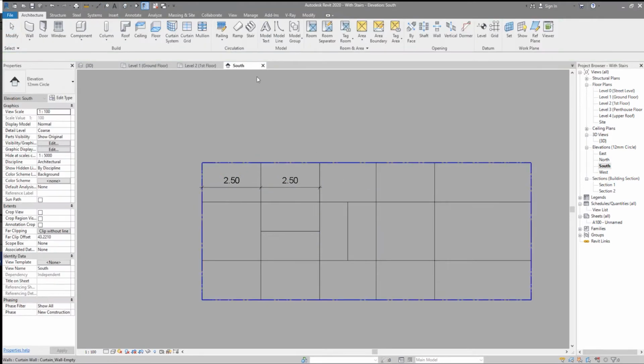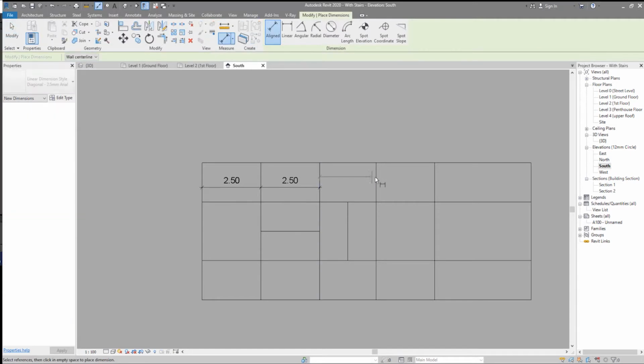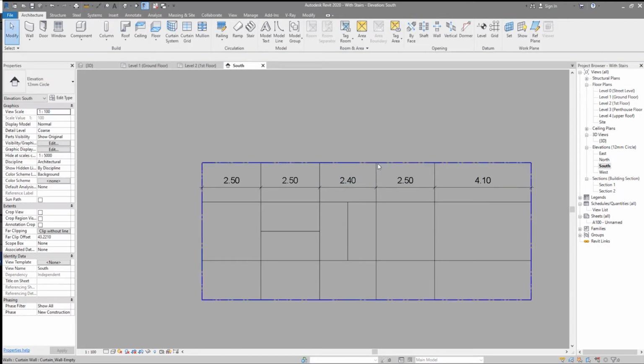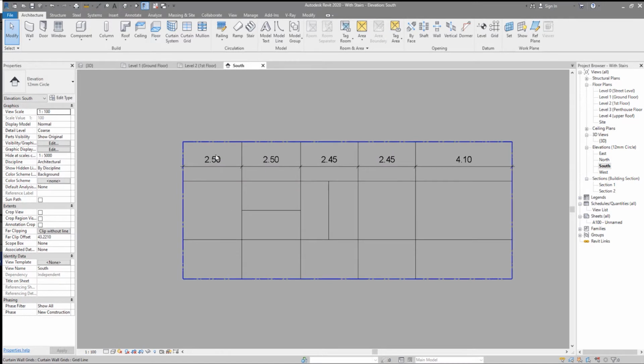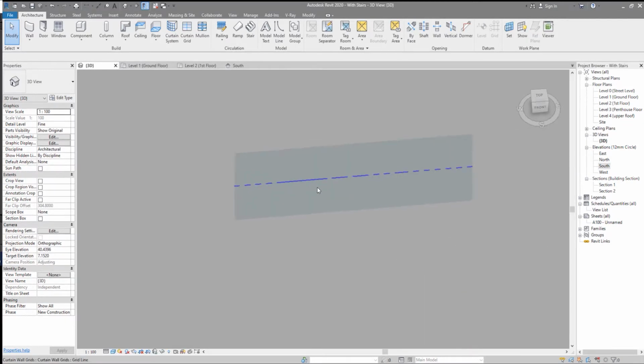Of course, if I select this one and I want it to be 2.45, it will move according to your dimension. First, you can create the design you want. After that,